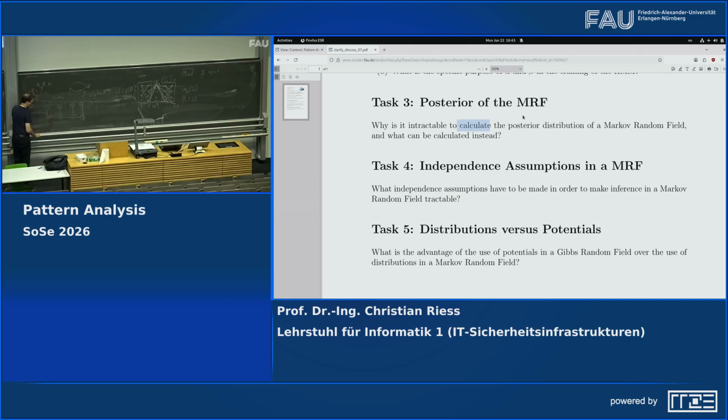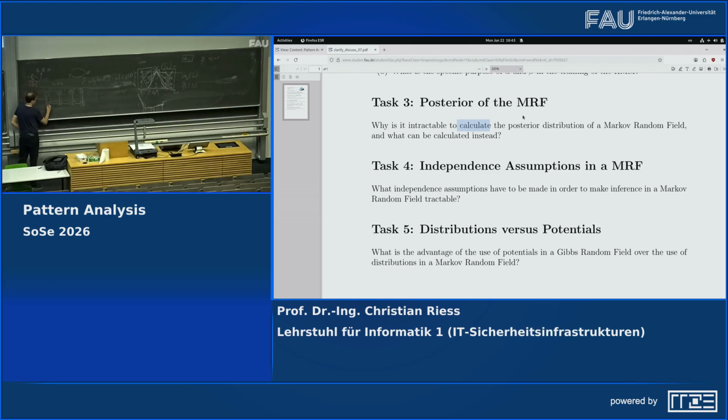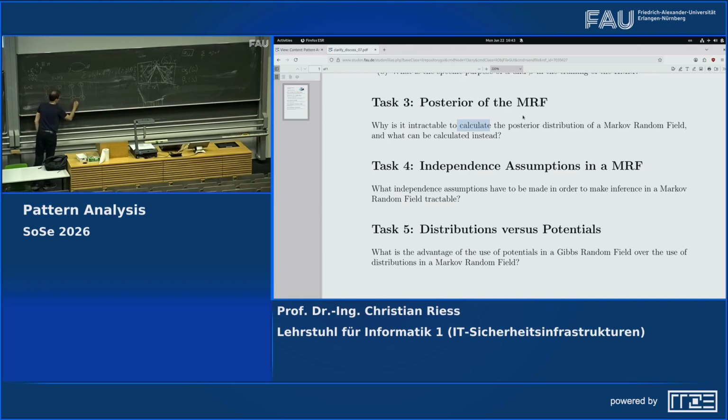Like the possible labelings here would be 0, 0, 0, 0, then 0, 0, 0, 1, then 0, 0, 1, 0, and so on. No? It would be 16 different labelings, because 16 is 2 raised to the power of 4, the number of different labels raised to the power of the number of variables. And this is a general problem, a general limitation in these Bayesian methods,